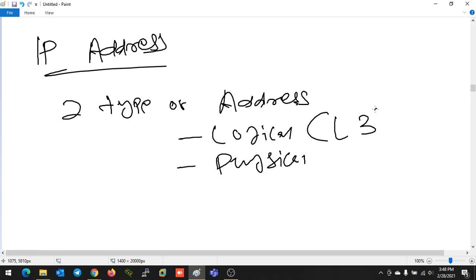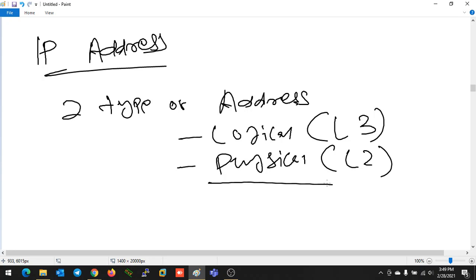At layer 3 we use logical address, and at layer 2 we use physical address. As I told you, we are not going to make any changes to the physical address. The manufacturer will attach one MAC address according to some rules and regulations. According to that, your device will be assigned a MAC address, that will be the physical address, and you are not going to change that.